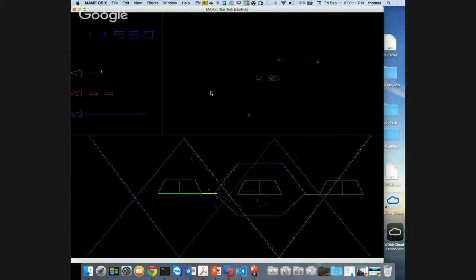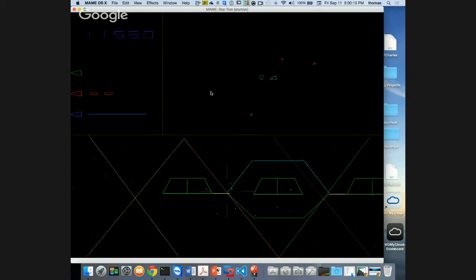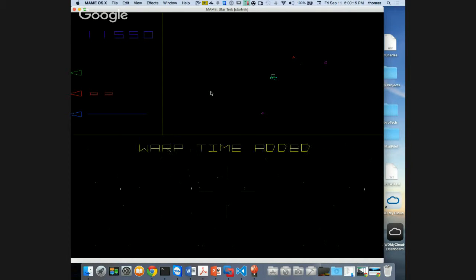All right, let me die. Okay, I gotta get the shields. I dock, right? Warp time added, photon added, shield added, and I can warp too. See, I can place my photons like that. That's how it's done. And then, just like I did in the other game,